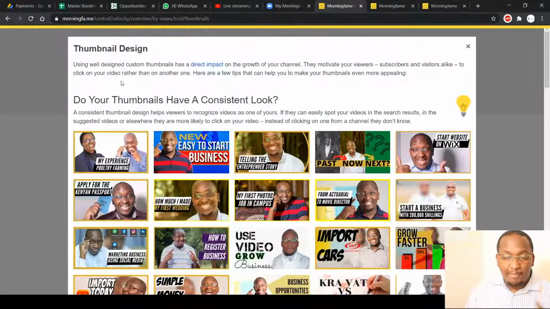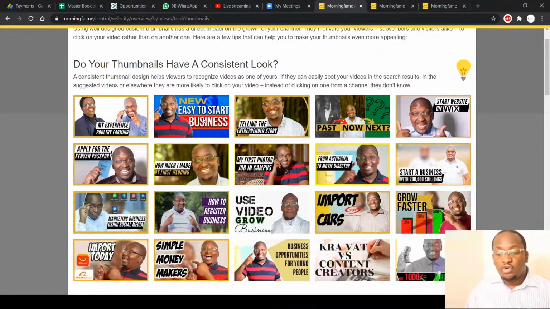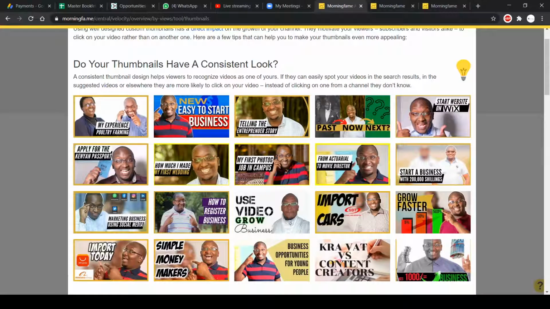That starts with number 1, appealing thumbnails. This asks me, do your thumbnails have a consistent look? First of all, when I look at it, there are a number of videos here which don't have a consistent look. Like this one was different. And this one was different. This is different. This is different. Sometimes just changing the pattern is good for doing what is known as a pattern interrupt, where